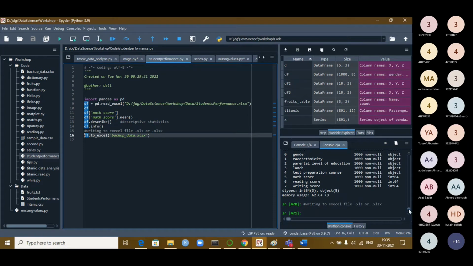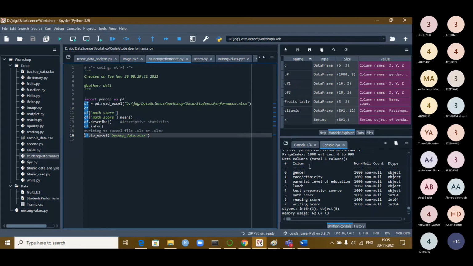Okay, you can see here the column name, non-null or not, how many non-null elements are available as a count. Then the data type you have. Gender is non-null 1000. That means there is no problem, no missing values. And the data type you have. You can see it from here also, from the df data frame I am using here.